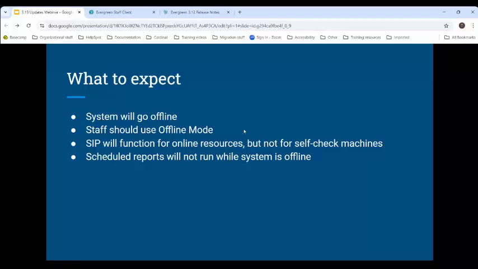Also be aware that any reports that you have scheduled while the system is offline will not run. So if you do have recurring reports, this year the upgrade does happen the last weekend of a month. And I know most of the time recurring reports are going to happen on the first of the month. But if you do have any that happen, say on the 31st or anything like that, I do recommend that you get